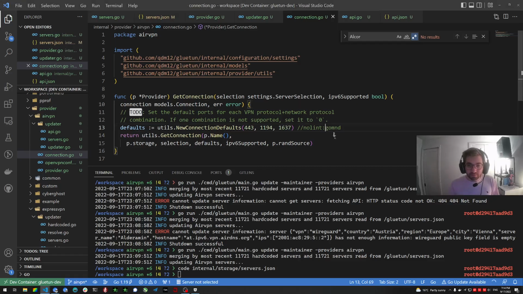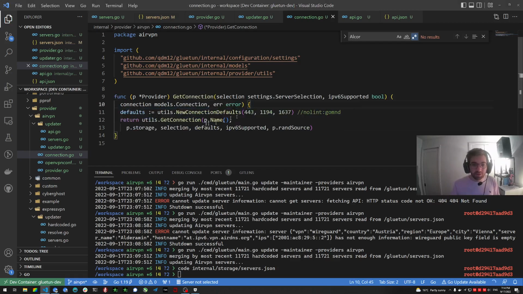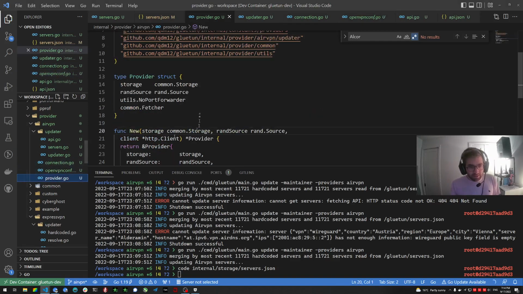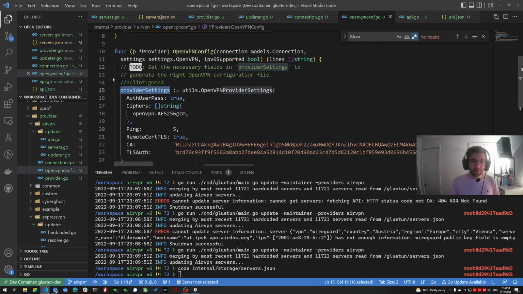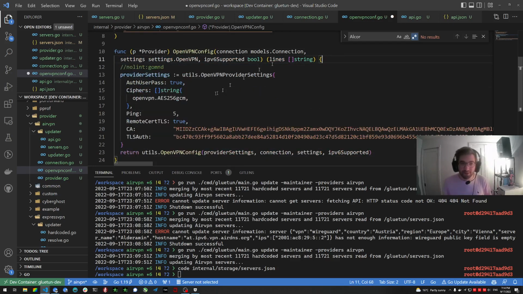Now that's it. So this is done. Just remove it. All the protocols are supported as well. So this is done. This we've done as well. Now the last thing we need to do is this thing, which is a tiny bit complicated, but not too much. So the provider settings variable here, we need to set the right fields to generate the right OpenVPN configuration file. So